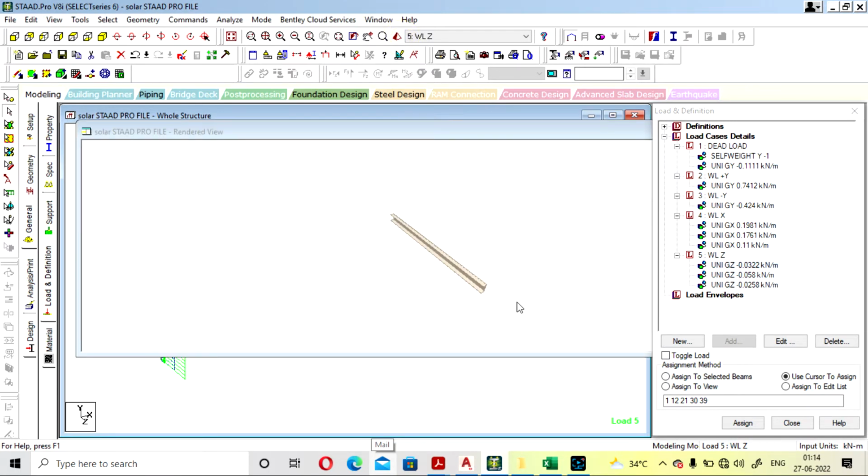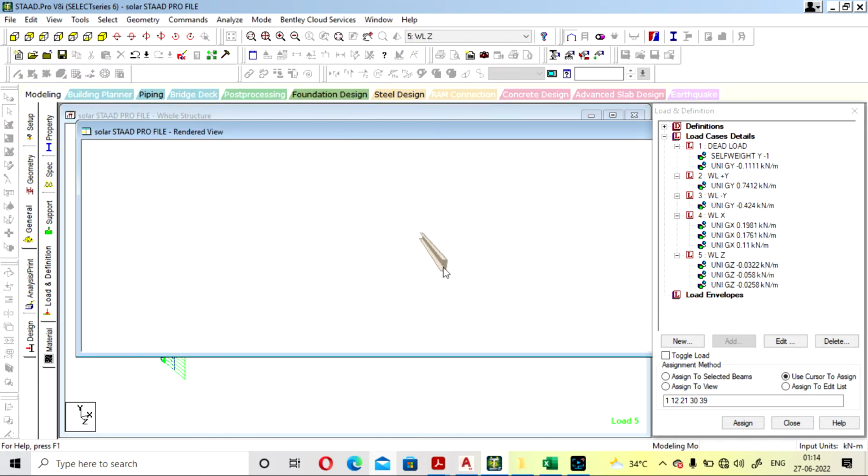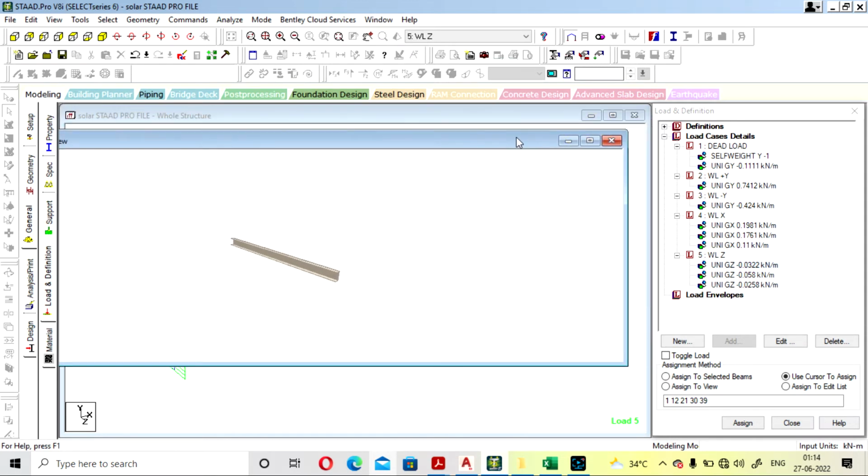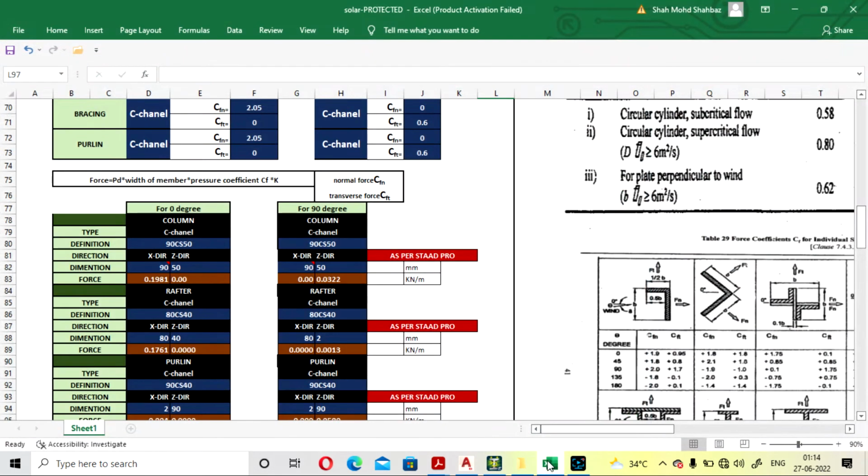Okay, because if wind is applied from this direction, if you see the figure, it will easily cut from this. The thickness of the section is 2 mm, so it is so small that your wind will not affect the structure or the rafter from this side. Okay, so it will directly cut from this and you can ignore the load. And if you want to apply it, just check the value from this. So see here, your value is so small that you do not need to apply the load. Okay,